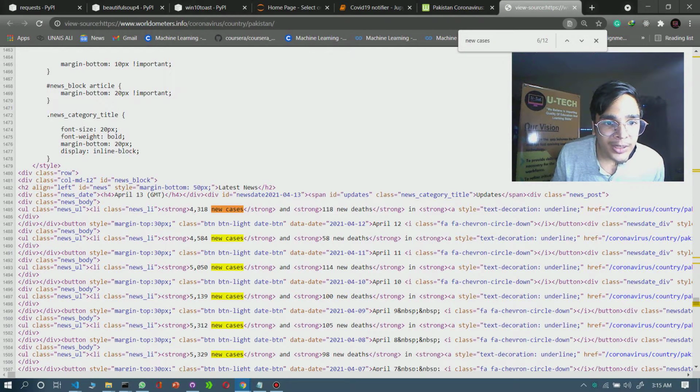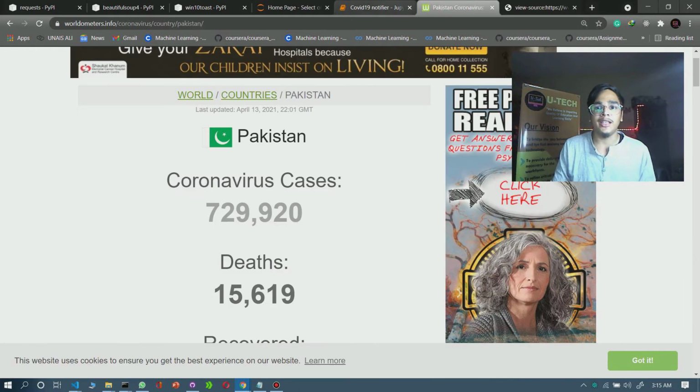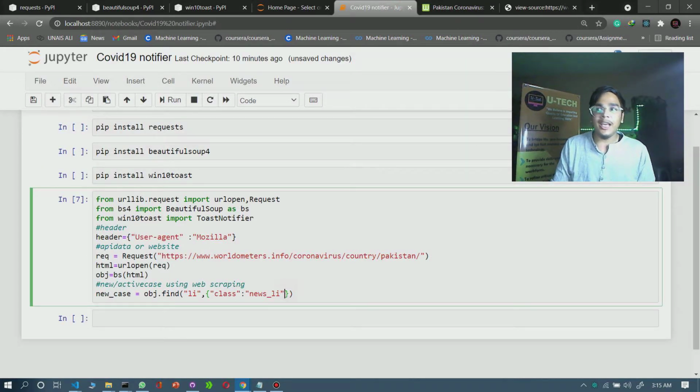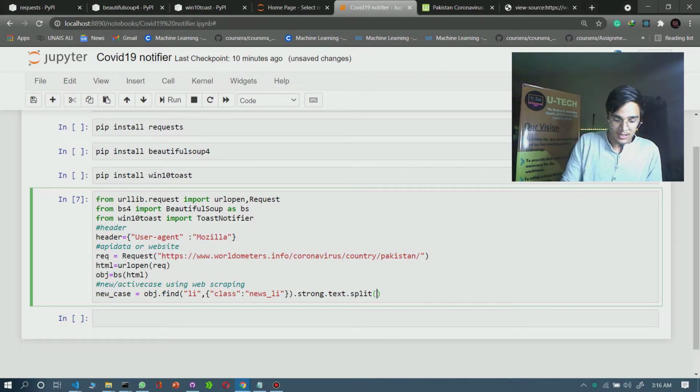Yes, it's completely fine, news_li. After you are done with the li part and the object part, just write strong, dot text and dot split, index 0.